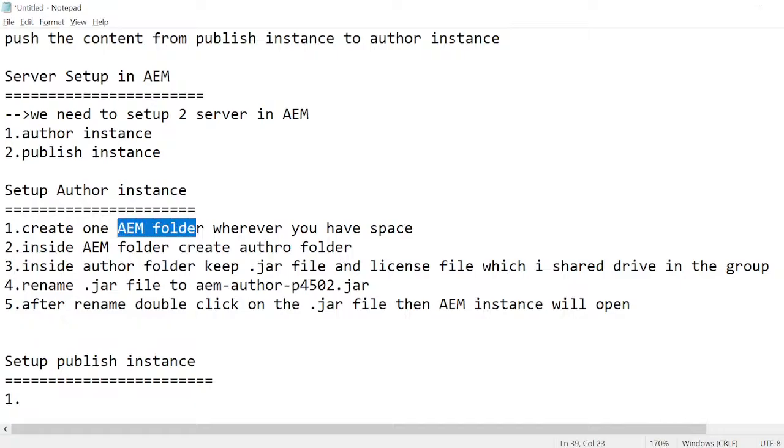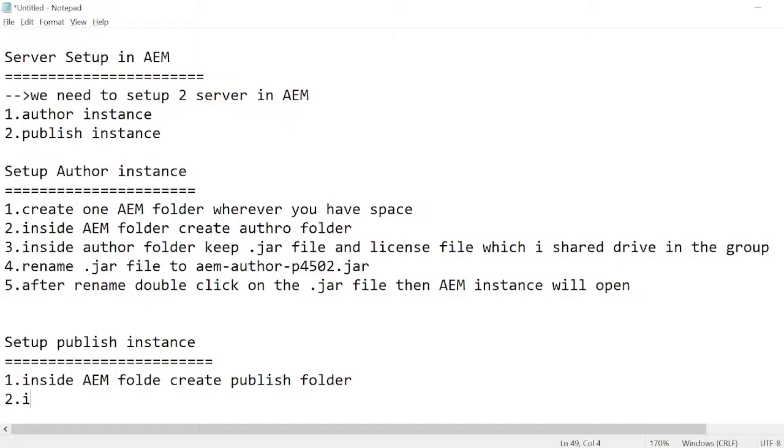You already created the AEM folder, right? Now directly inside the AEM folder, create a publish folder. Create a publish folder. Second step is